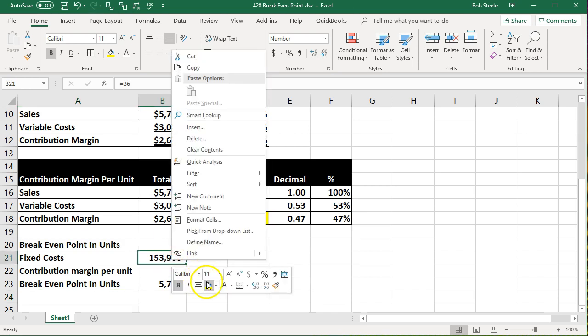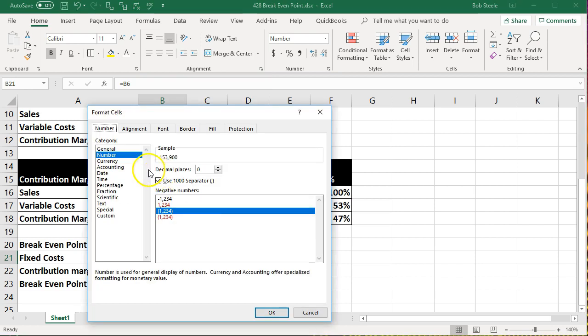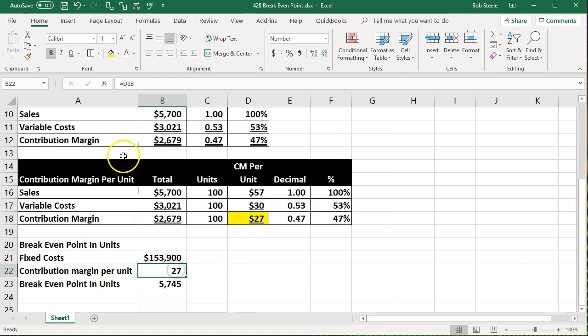This is a dollar amount, so I'm going to format this and say this is currency dollar. This is in units. Notice, are there decimals involved here? There are decimals. So again, just be aware of that. It's going to mess up the